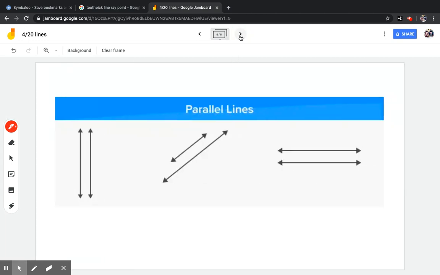Now, what if I have two of these together? Well, I could have them side by side and that would make them parallel. And if you ever look outside, even at your coordinate planes that we were just working on, there are parallel lines everywhere. My computer screen has parallel lines, which means that they are going exactly the same direction and they will